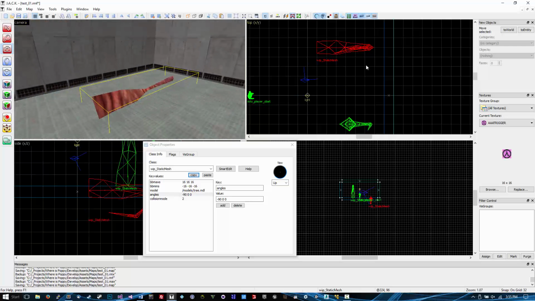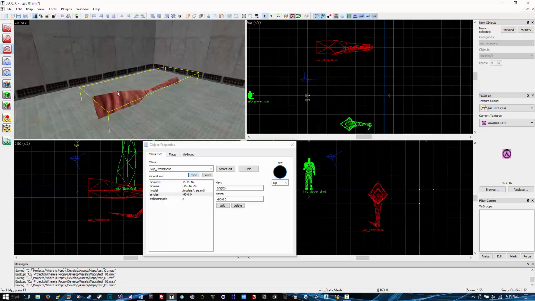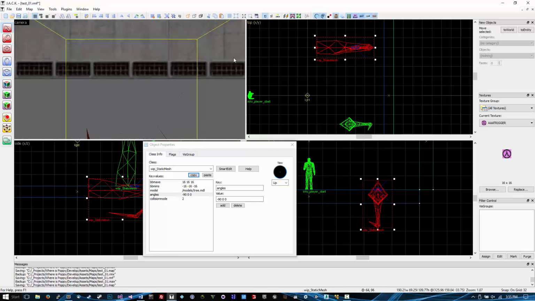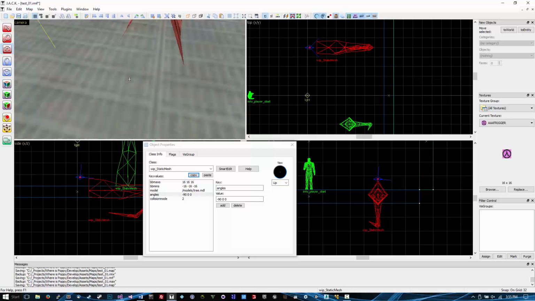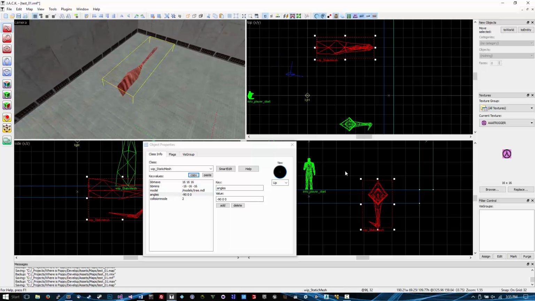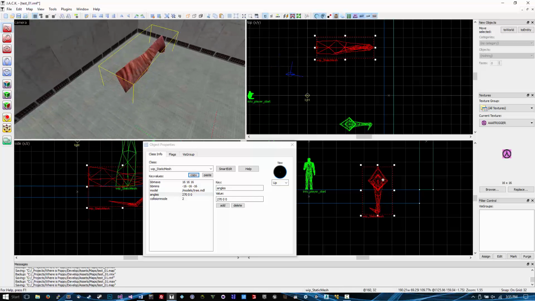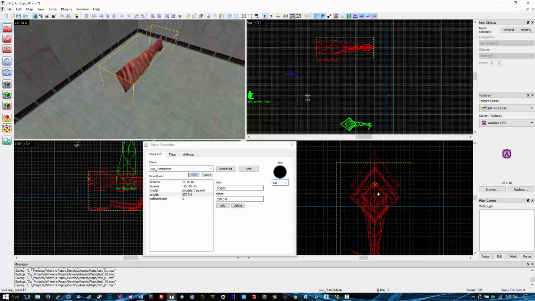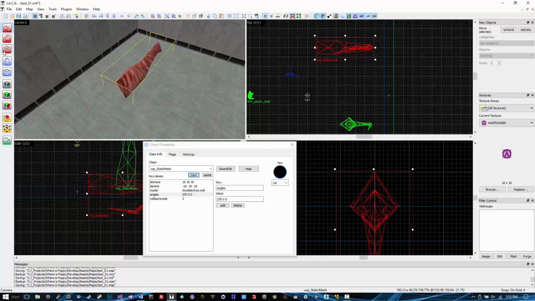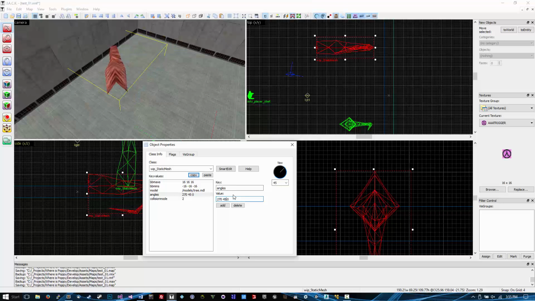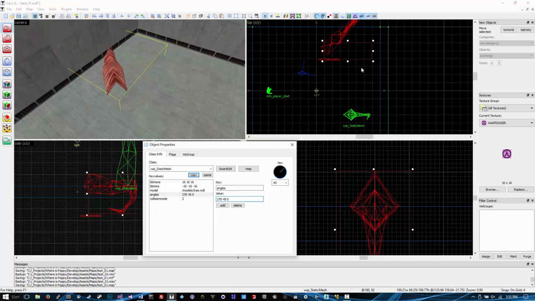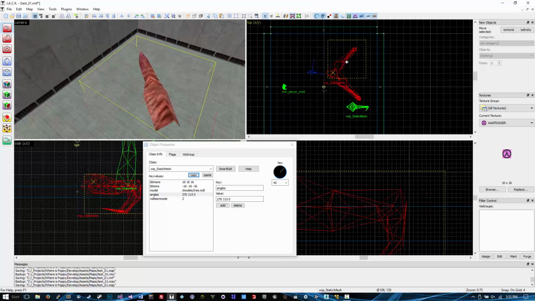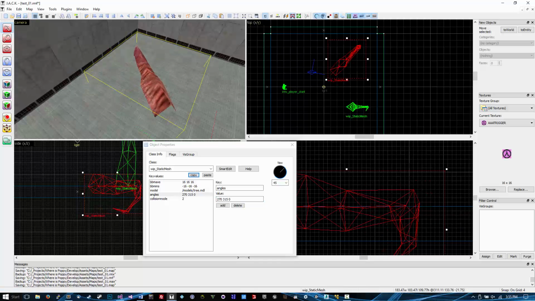Okay, so if I now take our model and frame it up a little bit better and move it up in the world to here. Let's just assume that I'm going to increase my definition over here a little bit so that I can bring it down to look like this. I'm going to change the value to 45. And I'm going to pull it across a little bit more. Here we go. Now, the problem here is that in Half-Life, no bounding box is going to face like